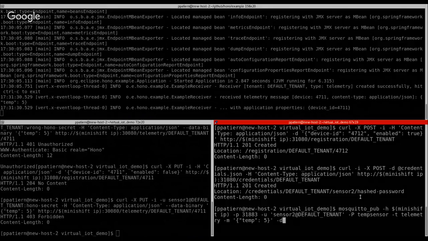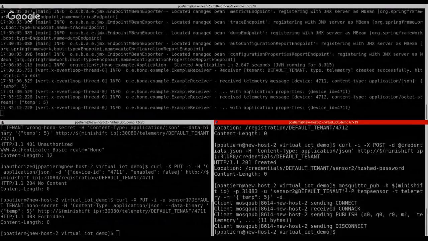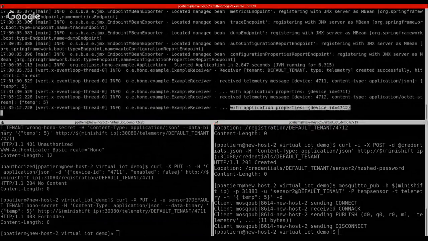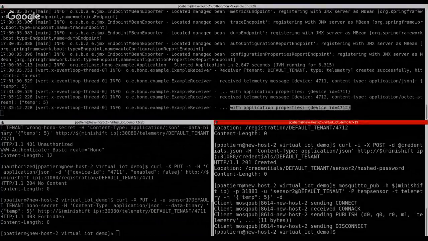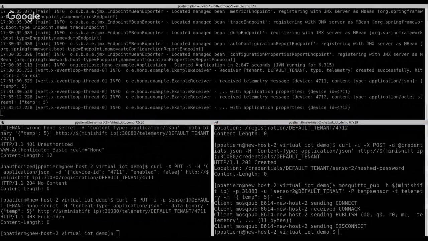I'm sending this message with the JSON payload. I can see that the client will connect and then publish data to the MQTT adapter. And on the upper side, we can see at the same time that the application on the consumer side is getting the message.